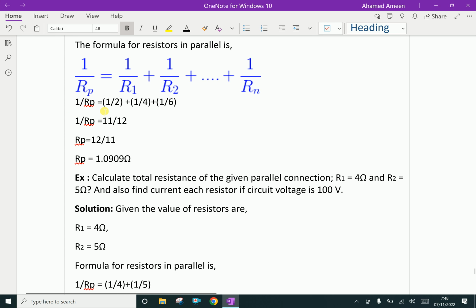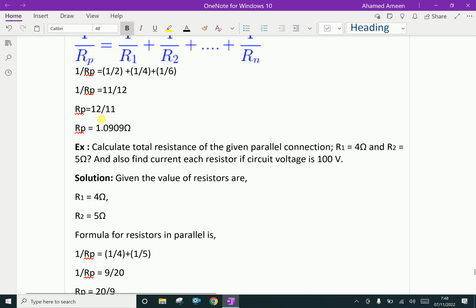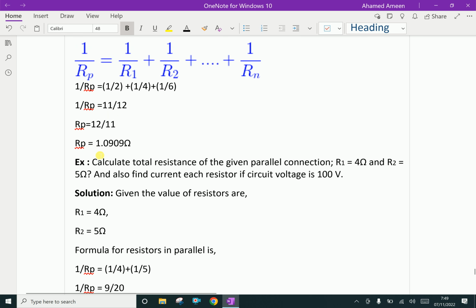That is, 1 by Rp is 1 by 2 plus 1 by 4 plus 1 by 6. Here the LCM of 2, 4, 6 is 12. Then adding these, it becomes 11 by 12. Then Rp is the reciprocal of this, 11 by 12, which is 12 by 11. Therefore Rp is 12 divided by 11, which is 1.0909 ohms. That means the total effective resistance is